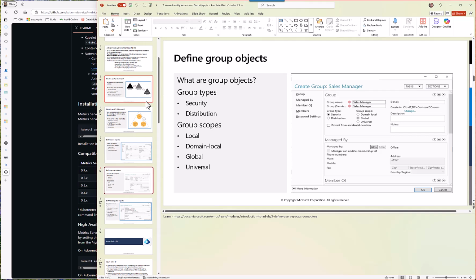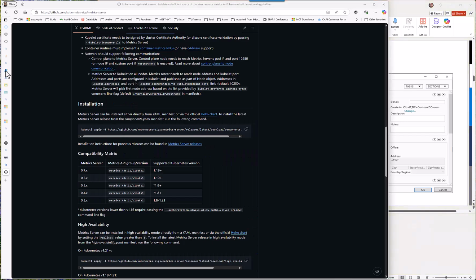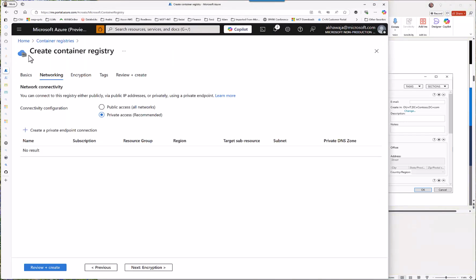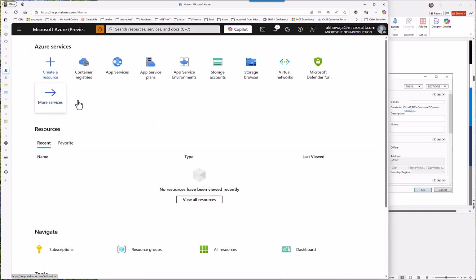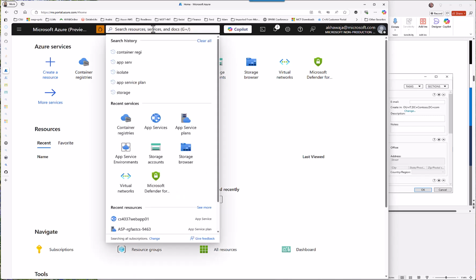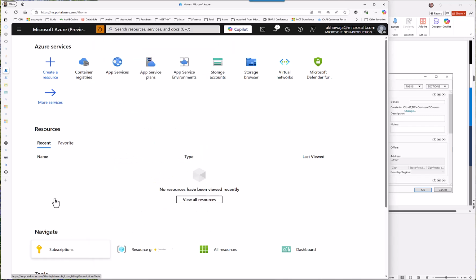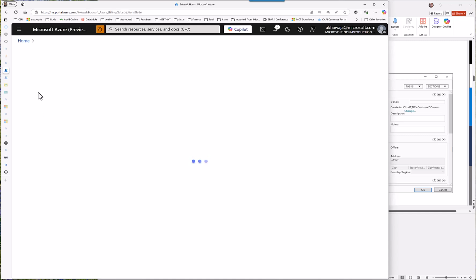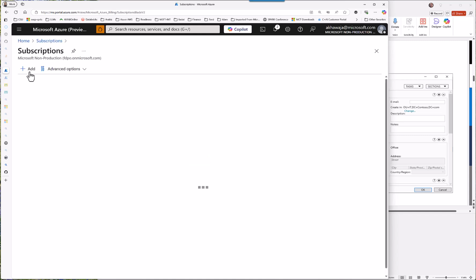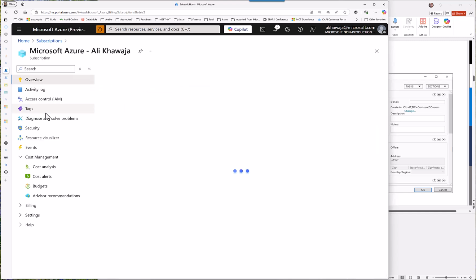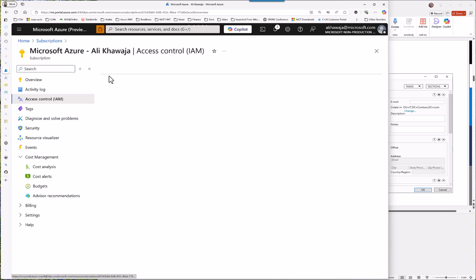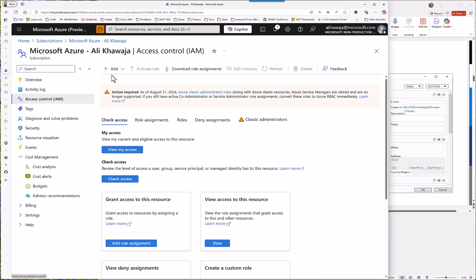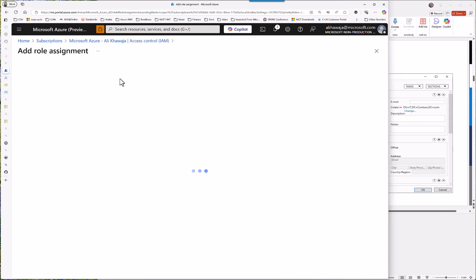So if I go into Azure, and I say over here home, and I go into my subscription, right? Security groups are used to manage security, right?